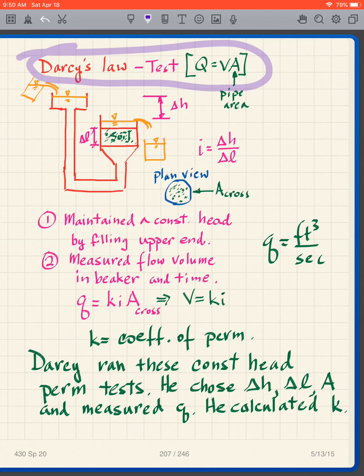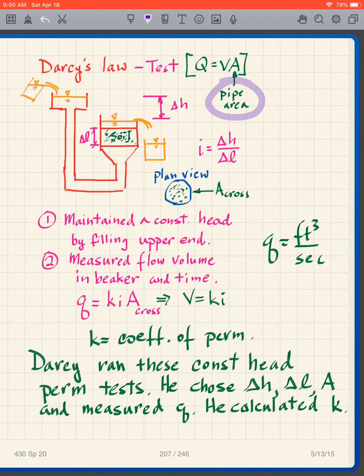The idea is that we're going to use the equation Q equals V times A that you know from your fluid mechanics class, and remember that A was what? A was the cross-sectional area of the pipe, so we have to keep that in mind when we do these problems. And what Darcy did was that he did this little experiment where we have soil here,